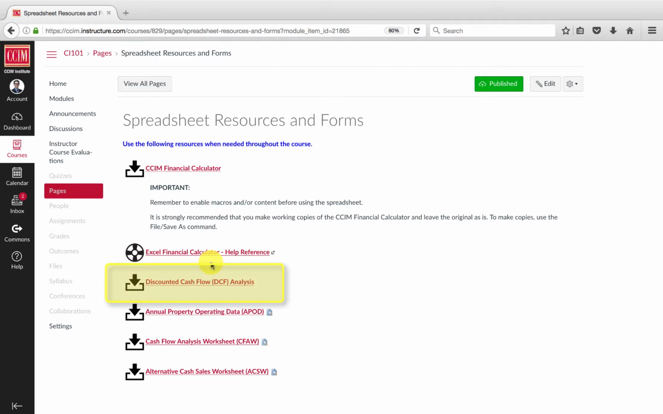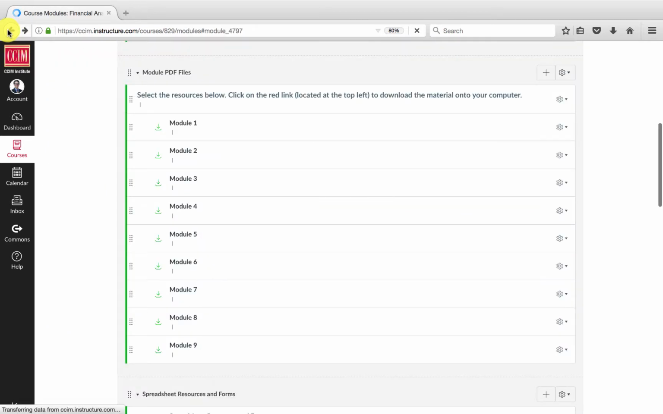There's a second Excel workbook called a discounted cash flow or DCF workbook. That link to get that file is right there, and then below that are 3 PDFs of 3 standardized CCIM forms. Again, you'll get the hard copy in class, but these are electronic forms that you can refer to and download after class. Great resources. So I'm going to hit the back button, return back to the home page,